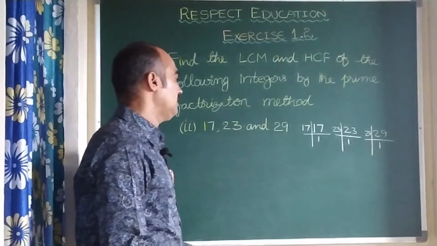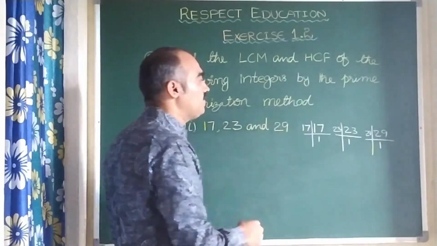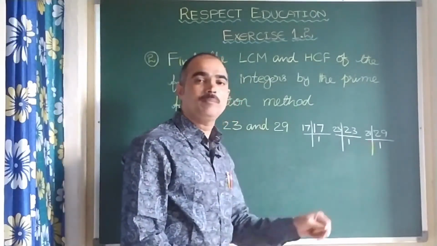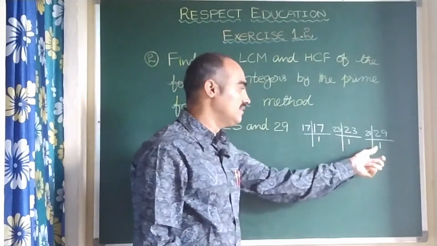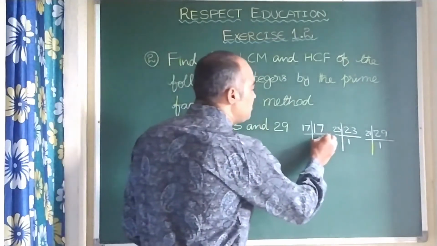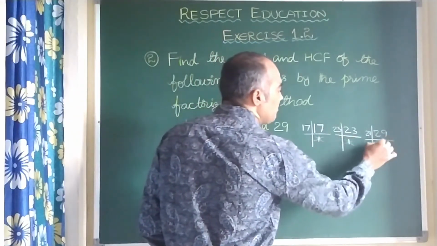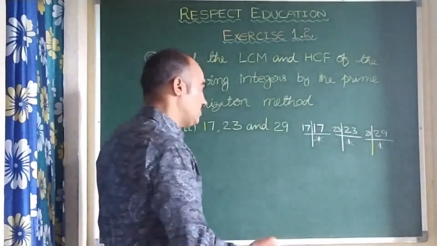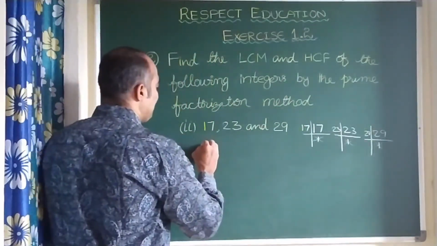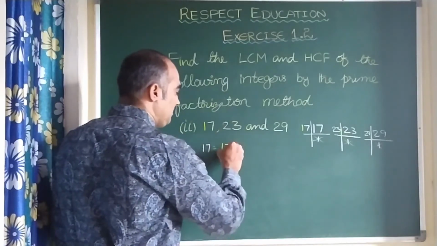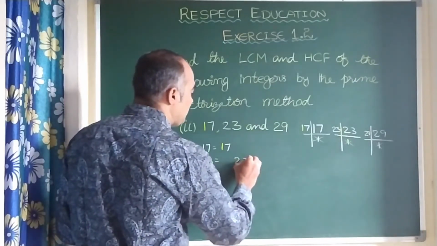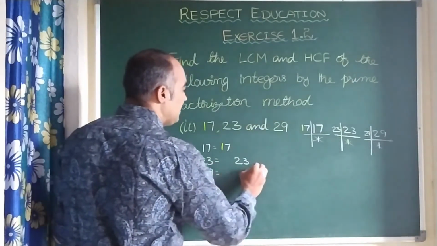Here you need to understand one thing, children. We are writing the prime factor, we are following the prime factorization method. Means whatever factors come, they should be prime numbers. Here you see we are writing 1. 1 is neither prime nor composite. So here you remember, children, we should not write 1 here at all, because 1 is not a prime number, children. So that's why, so 17 can be taken as 17 only, right? So let us write 17 as 17 only, because it's a prime number. You take 23, 23 also can be written as 23 only. You take 29, 29 also can be written as 29 only,